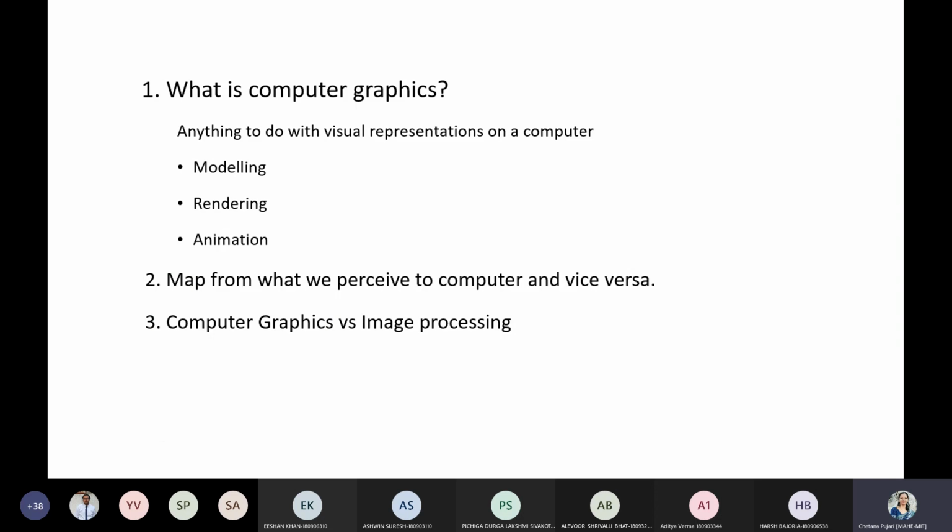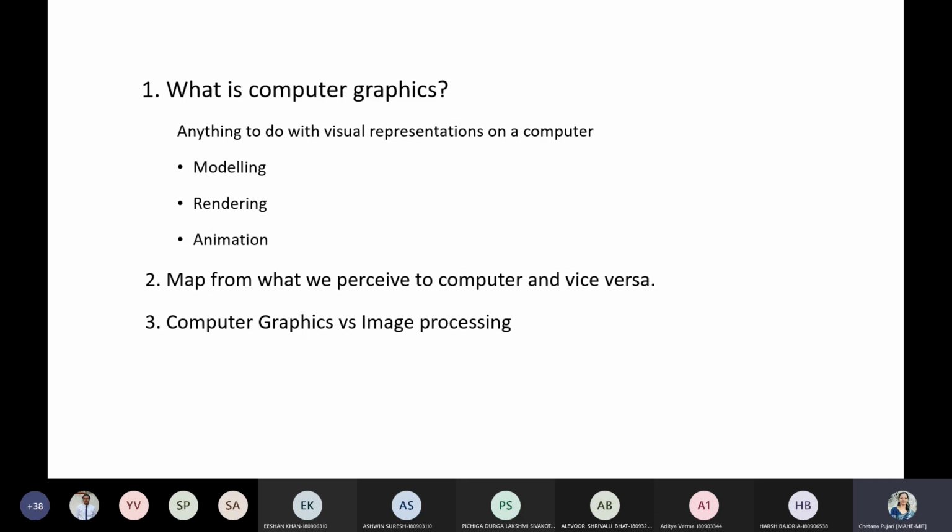So I'll just do a quick revision about what we did in the previous class. Last class we started with the introduction to computer graphics, and we have seen that computer graphics has three main parts, that is modeling, rendering, and animation. Modeling is basically you design a picture or a model by making use of different geometrical shapes. Rendering: once the model is ready, you need to view it on the screen, so that is taken care of by rendering.